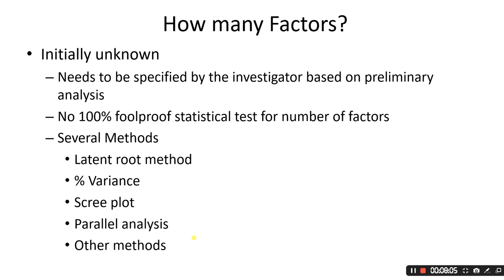not going to discuss here, but you should know, like the C-Hull method is there, the broken stick method is there. There are other methods also that are used by researchers to determine the number of factors. But most commonly, for example, Velicer's MAP, minimum average partial analysis, is also one very good method for determining the number of factors. But Scree plot and parallel analysis often provide a good estimate of the number of factors to be retained.